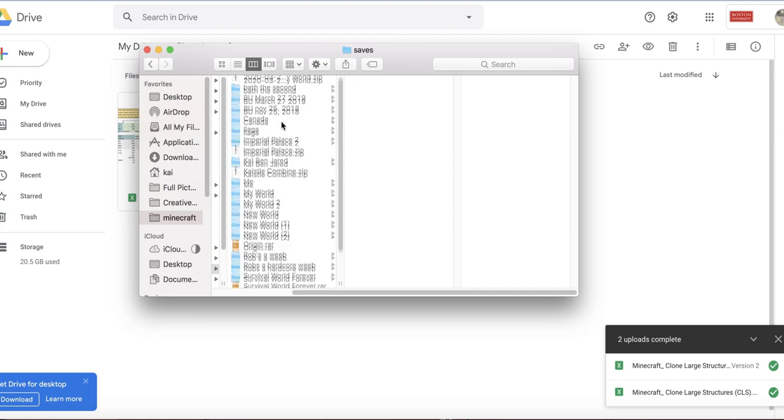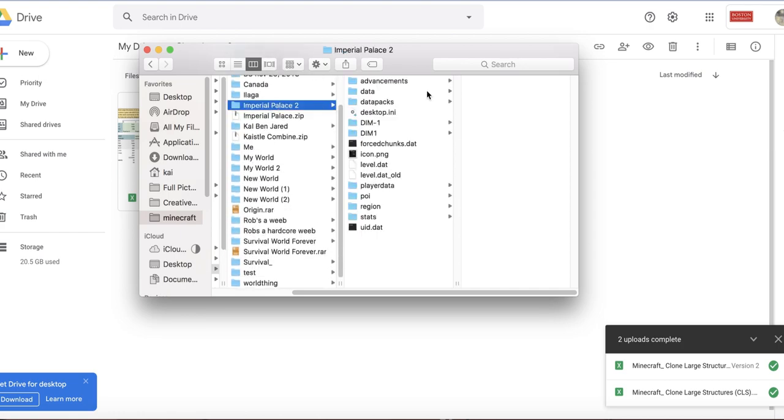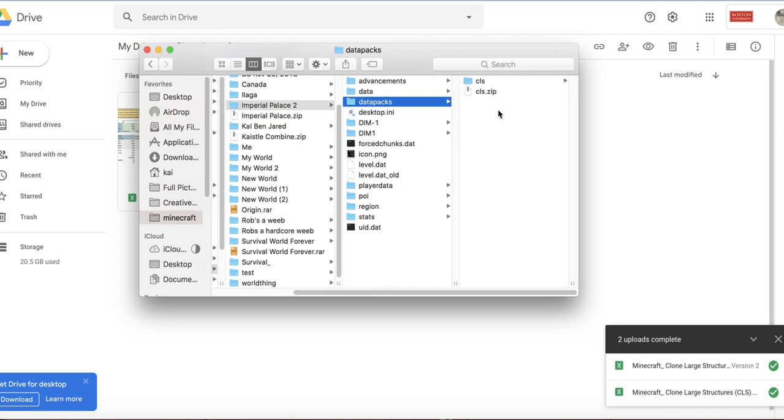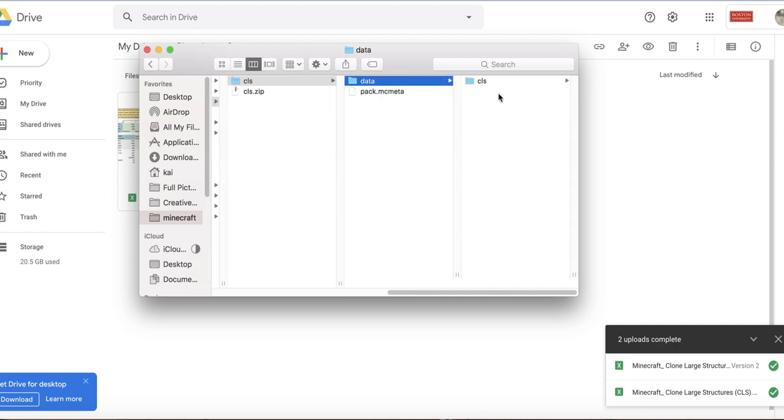And here are my Minecraft worlds, my save folder. Again, I'll put the world download for this place in the description. But here you want to make sure add a data packs folder. That's going to allow you to use data packs. You're going to put the zip file in there and unpack it so you can get this CLS file, clone large structures. Now you open that up, put that there, open this, and all the way at the end of this chain here,